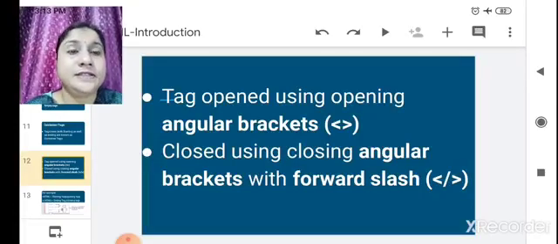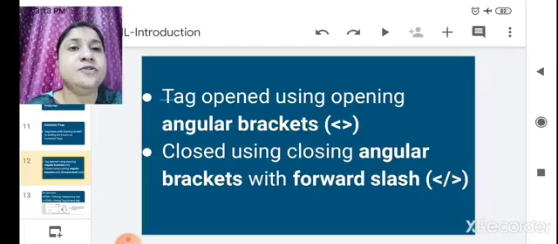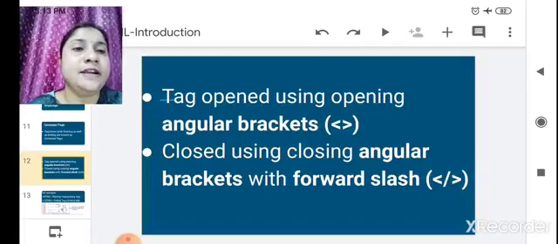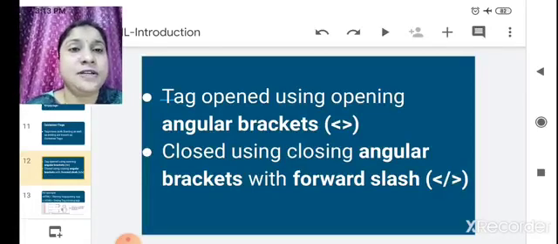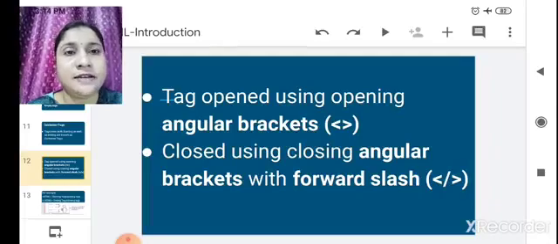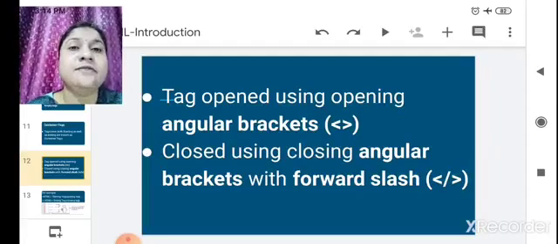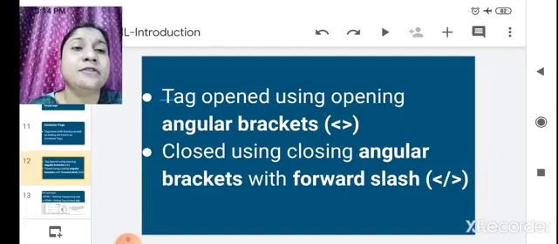In the brackets, it is the opening tag, and the closing tag uses a closing angular bracket with a forward slash. So how is this tag opened? With an angular bracket this tag will open, and how will this tag close? With an angular bracket with a forward slash, this tag will get closed.